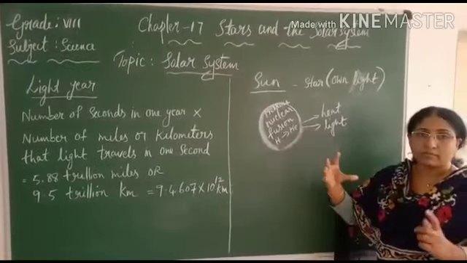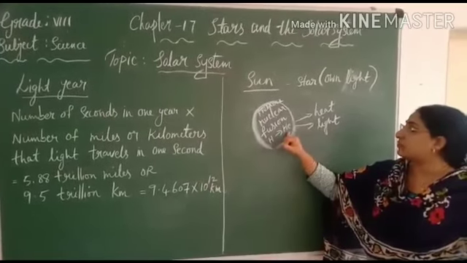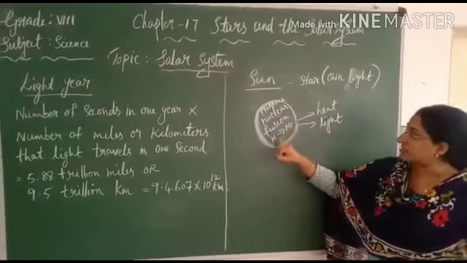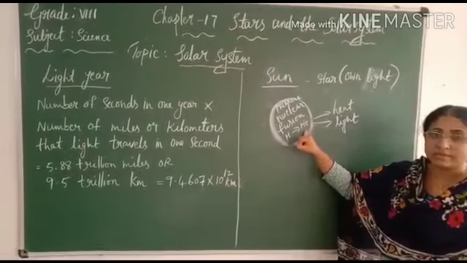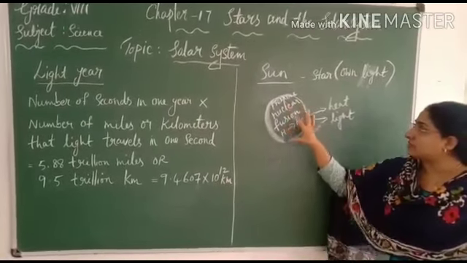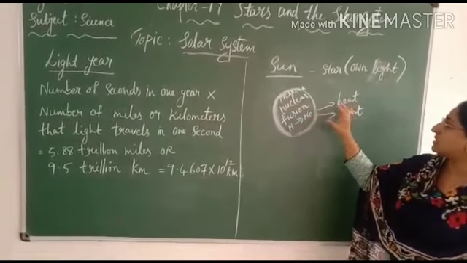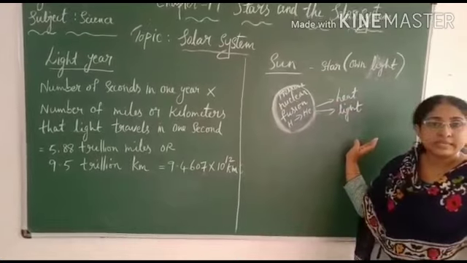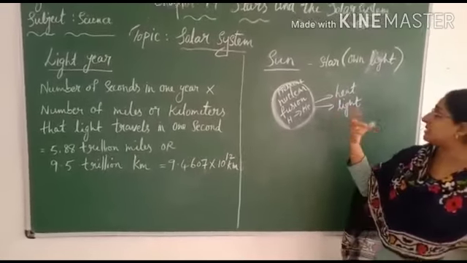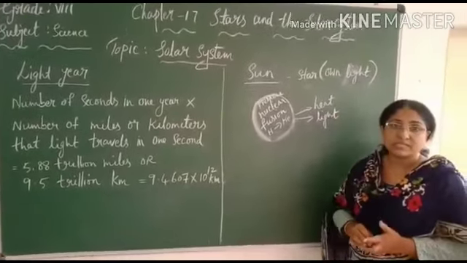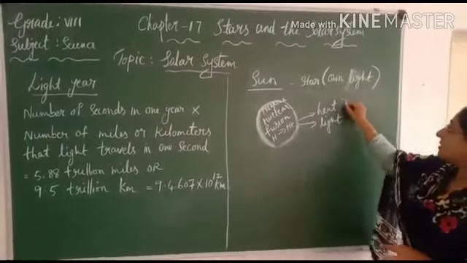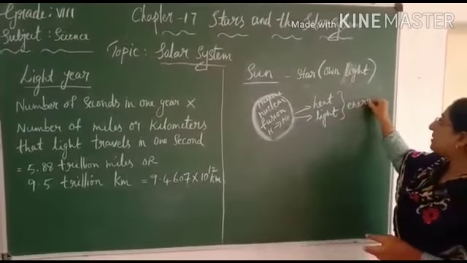There is a high pressure, and also the atoms of hydrogen combine and form what? It forms helium atoms. Hydrogen is converting into helium atoms, and the nuclear fusion will take place inside the sun. Clear? At that time, it produces a tremendous amount of heat and light energy. That is the reason we are getting heat and light energy from the sun. These heat and light energy are the main source of energy.